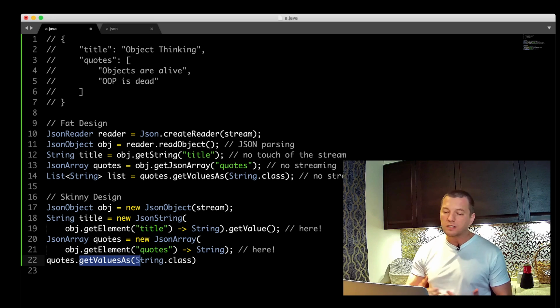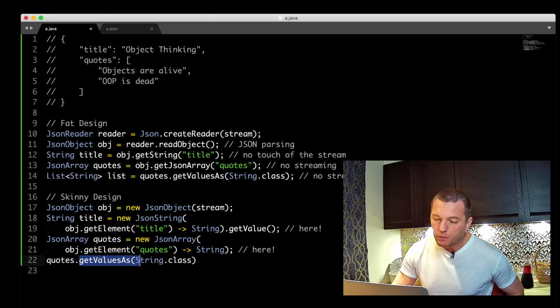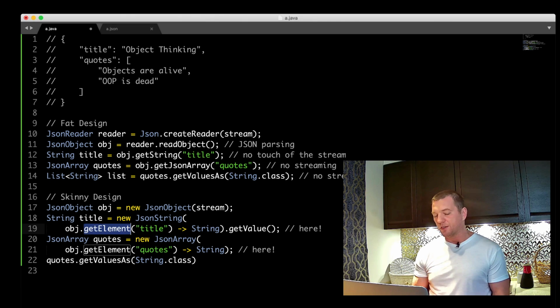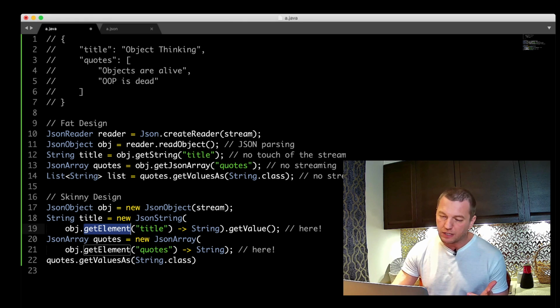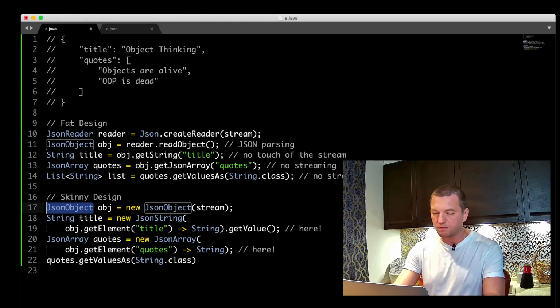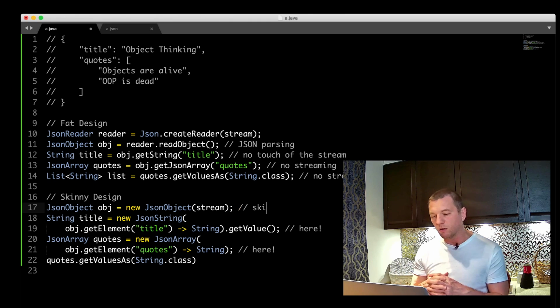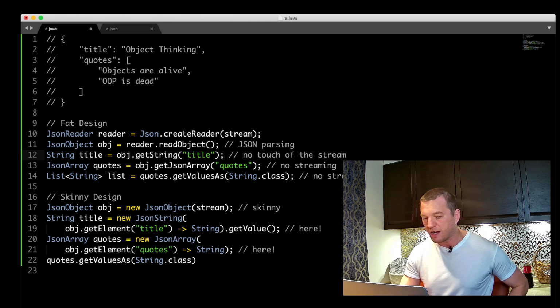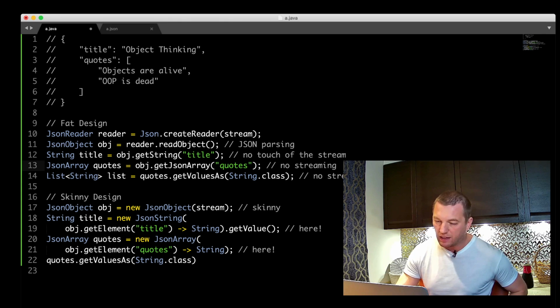So the beauty of this approach is that the object, the JSON object, exposes only one thing, only one method here. So the class, the interface JSON object is very skinny. It's small. It's much smaller because it doesn't have getString, it doesn't have getJSONArray. It just has getElement, just one method.